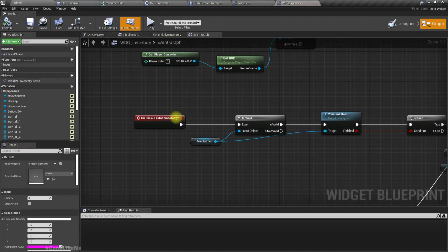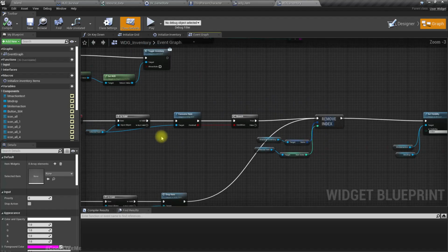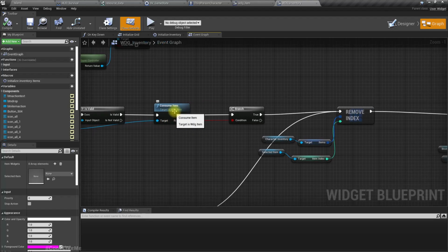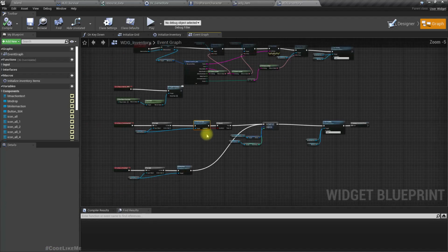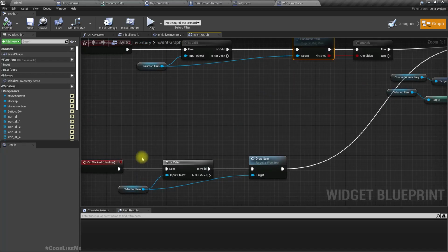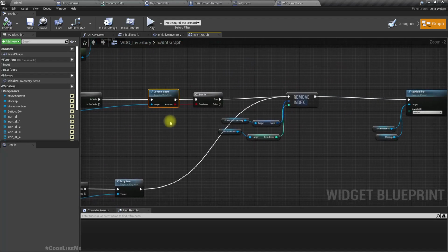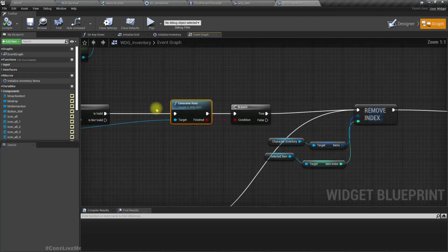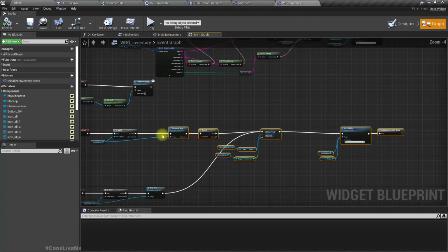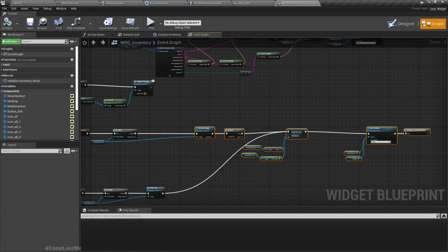Okay, now on click button item action, all we do is get selected item, if it is not valid, all I do is consume the item. So actually that's not what I should do. I should consume the item only if the item action is consume. So